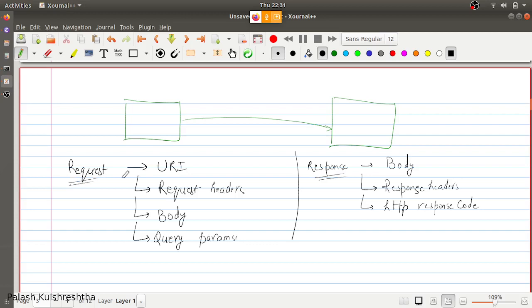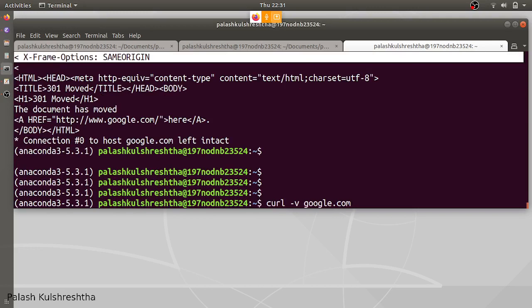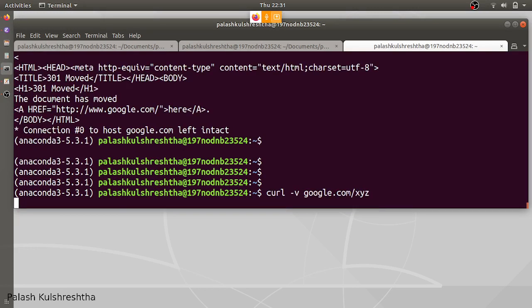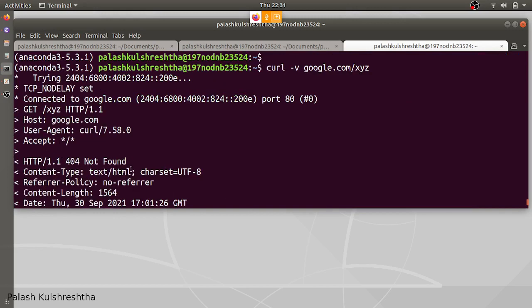So let's say that when you were debugging, what you encountered was, rather than curl giving you a proper response, it can give you an error code also. Let's say xyz. Let's try to hit this and see what it gives. Yes, you can see that here we got an error code. This is HTTP 404 not found. This means that the server did not find anything corresponding to this URI. This is the URI, this is the domain that was hit. So it is saying 404 not found. So this is the error.